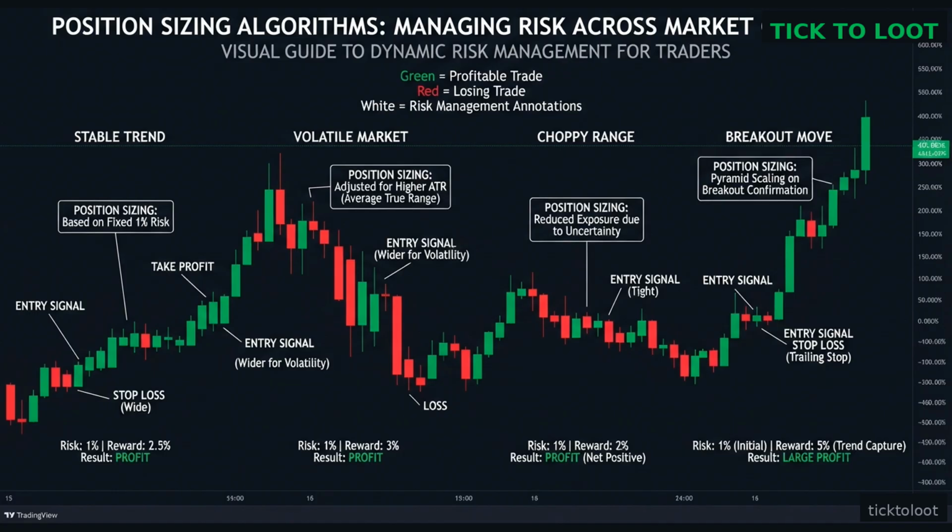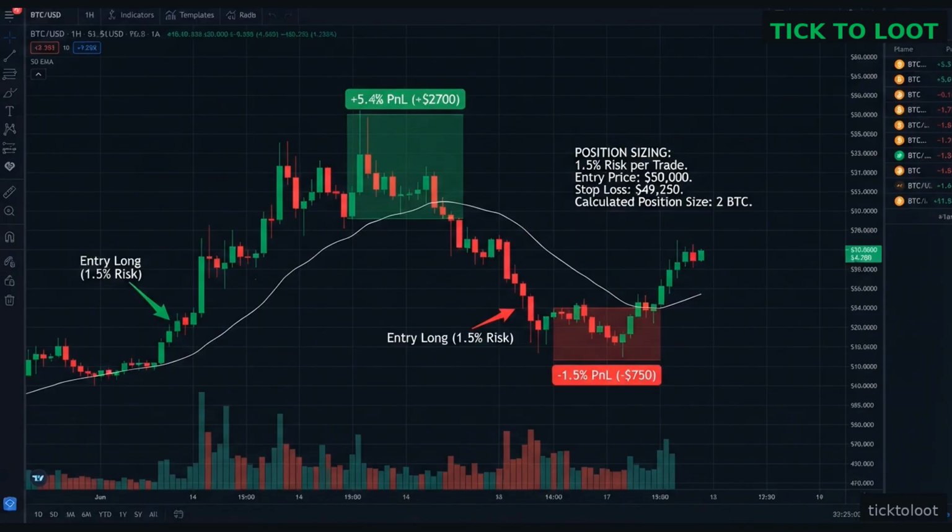By using a position sizing algorithm, traders can ensure that they are always making informed trading decisions and that they are managing their risk effectively. Now, let's explore some additional examples of how position sizing algorithms can be used in real-world trading scenarios. Let's consider a real-world example of using position sizing algorithms in a trading strategy. Suppose we have a trader who is using a trend-following strategy and wants to use a position sizing algorithm to